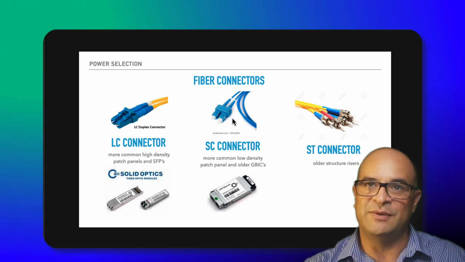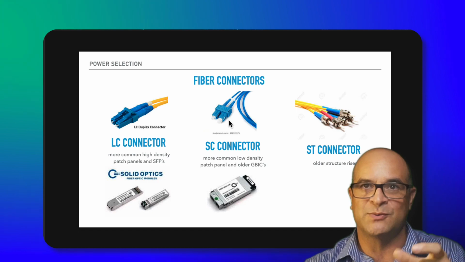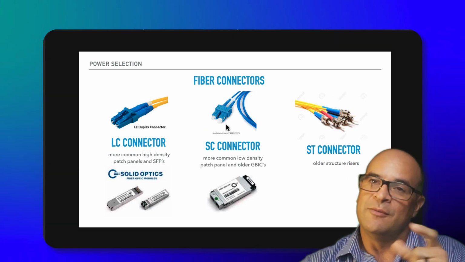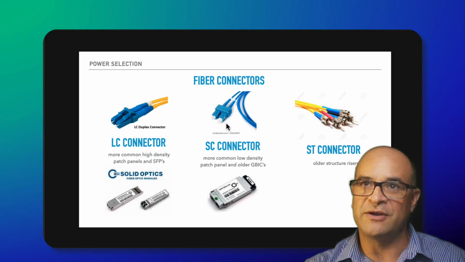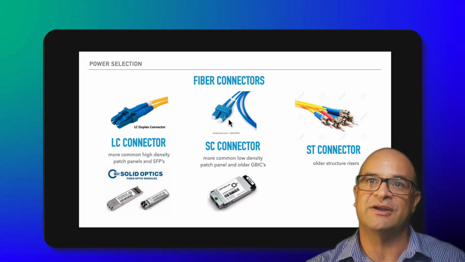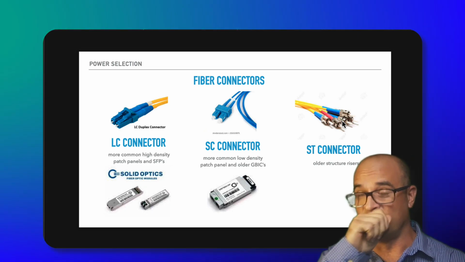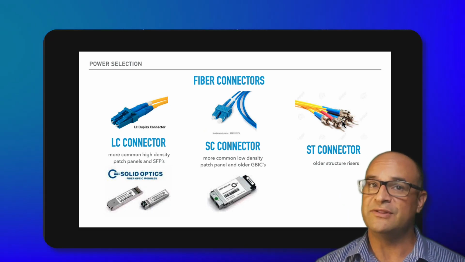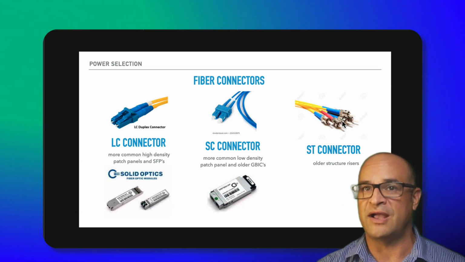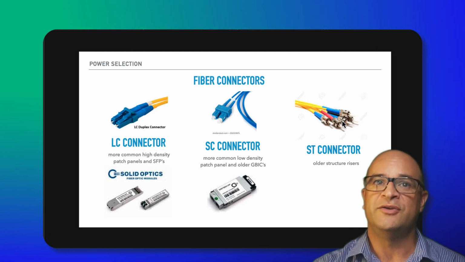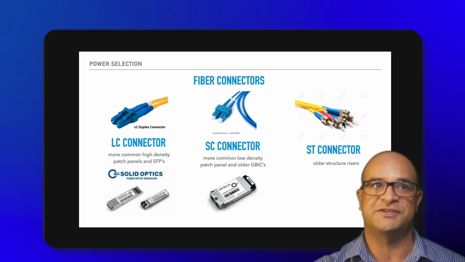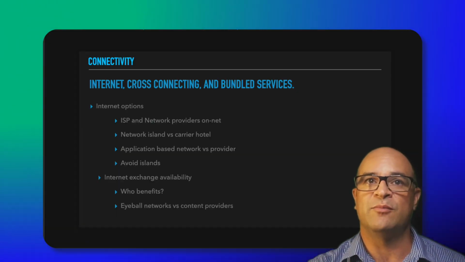That's a little bit larger one, and I call them Sam Charlies. But those are going to be a bigger fiber connection, and then you're going to have the ST connectors, which are going to be the twist-ons. I've commonly found that you're not going to see a lot more SCs and STs anymore. You're going to be seeing more of LC because it just happens to hold a little bit more of a